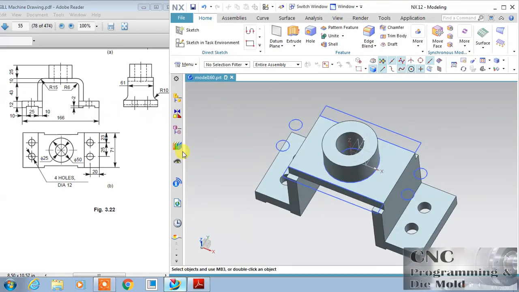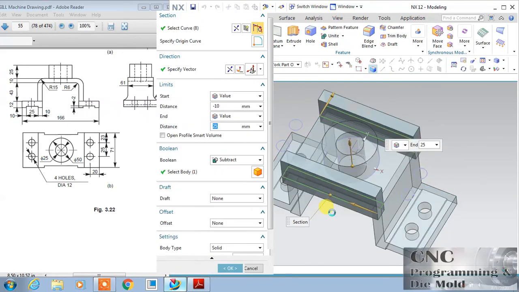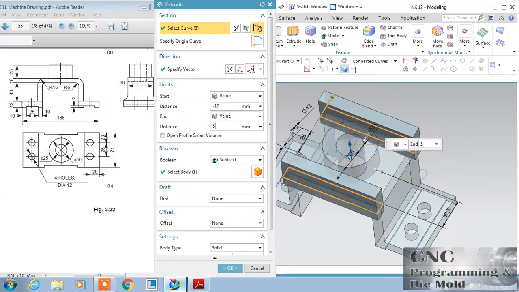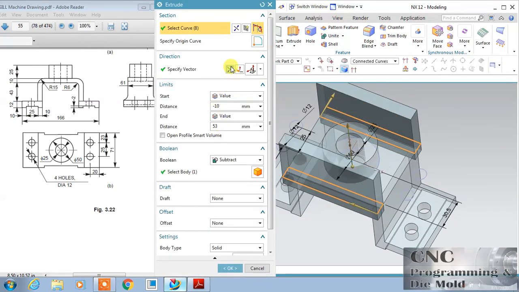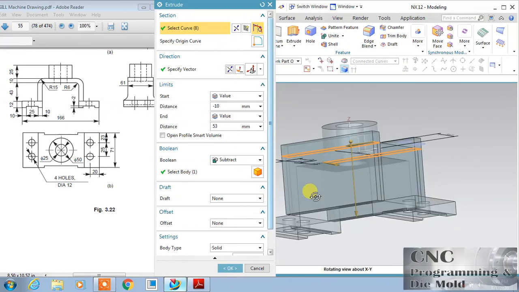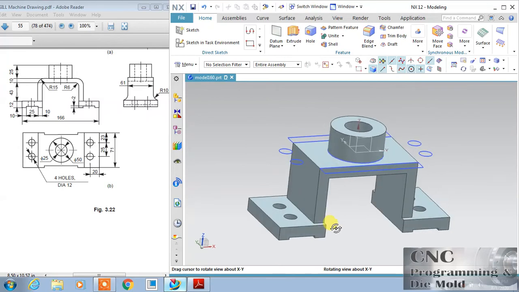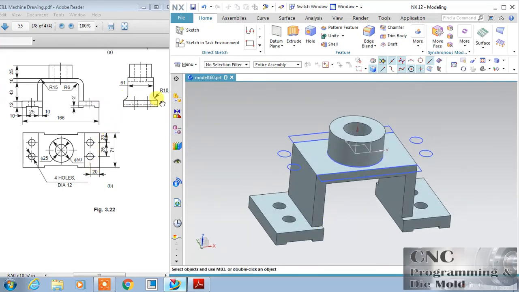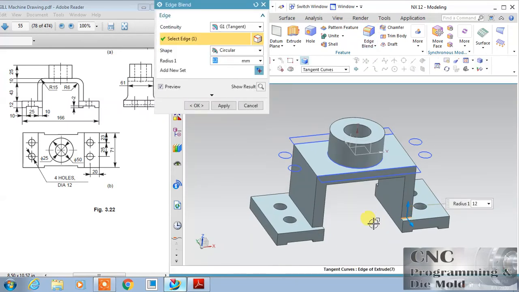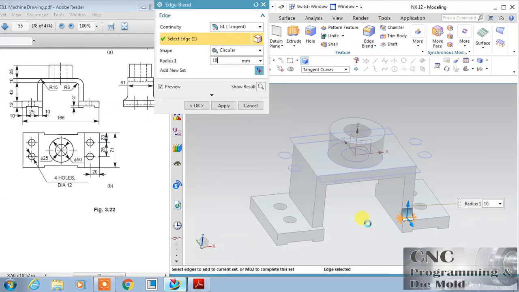Sorry, extrude this, the depth is 53, so here the depth is 53, and there is some fillet, a fillet of radius 10, click, change the dimension to 10.